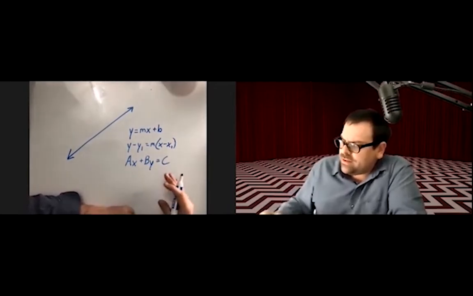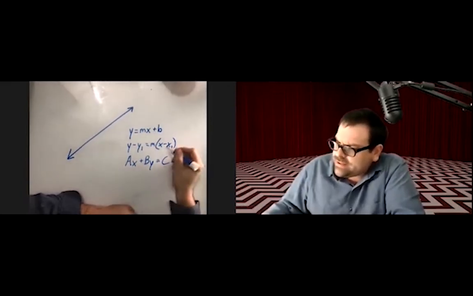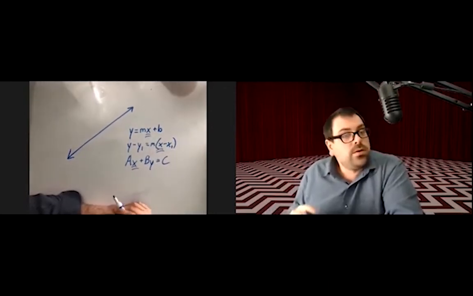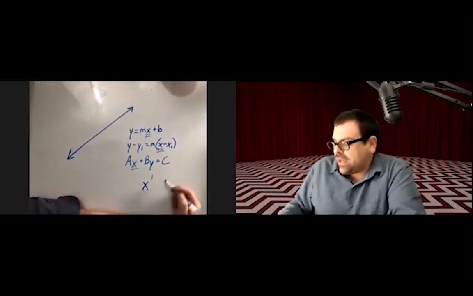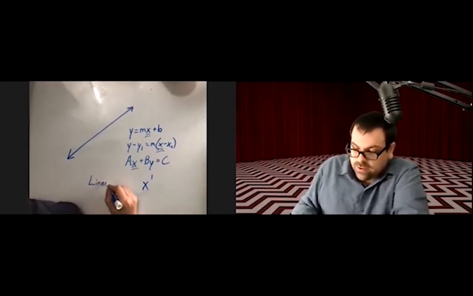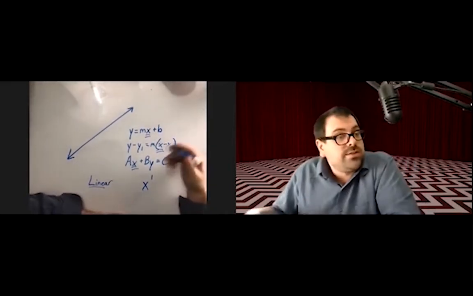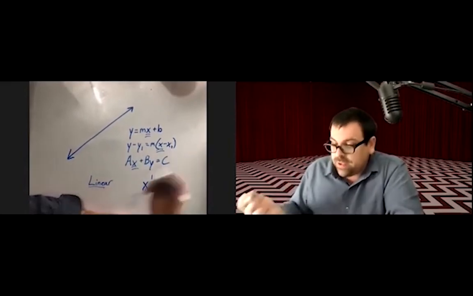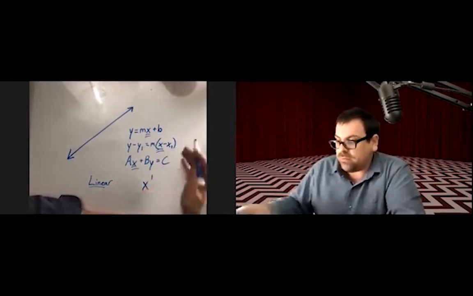But all of these had one thing in common, and that is that the x was to the first power. And things where the x is just to the first power, we call linear, and linear functions graph as lines. I use the word function because a line in y equals mx plus b form or any other form